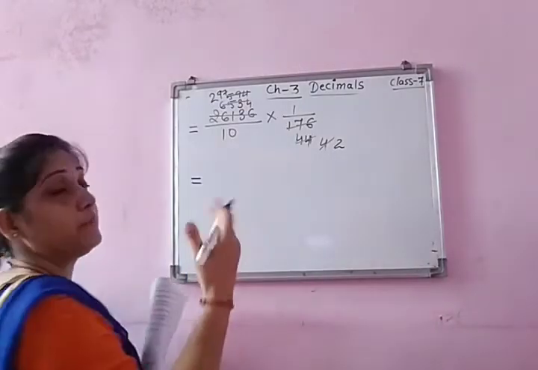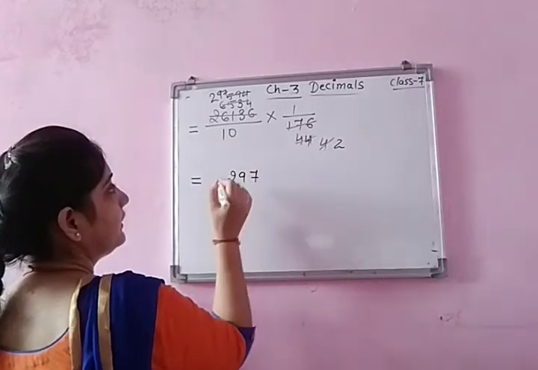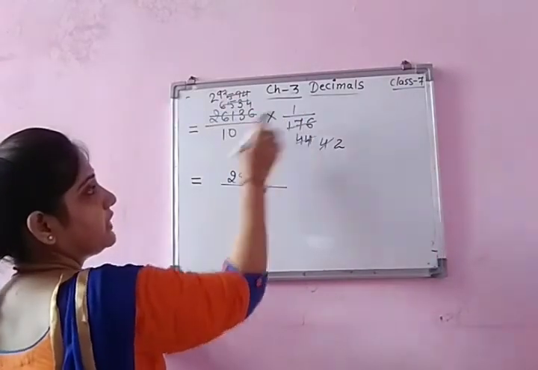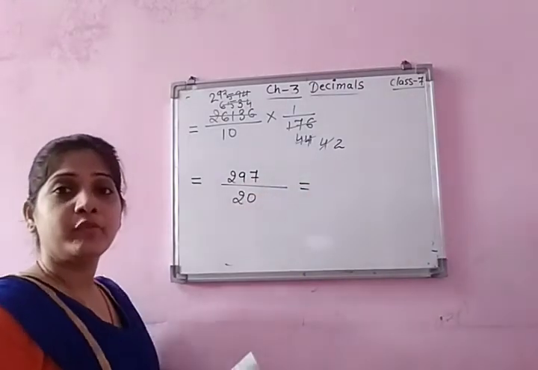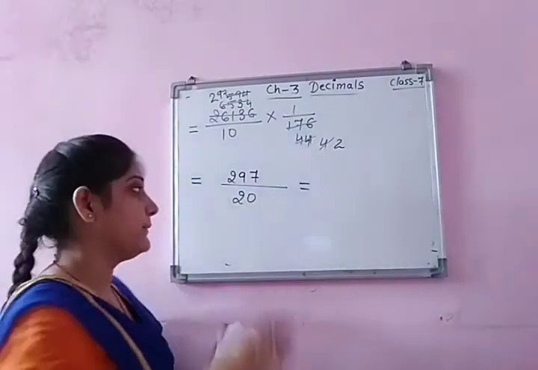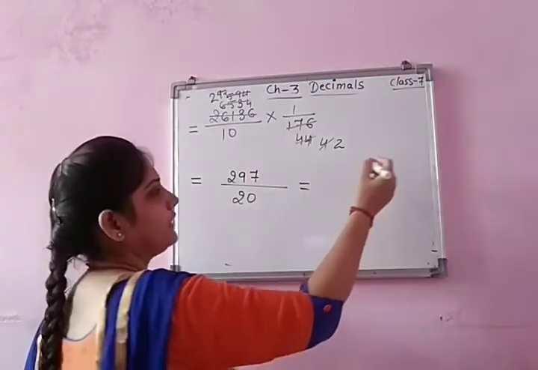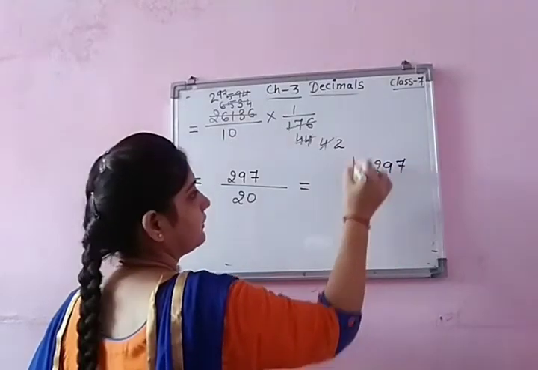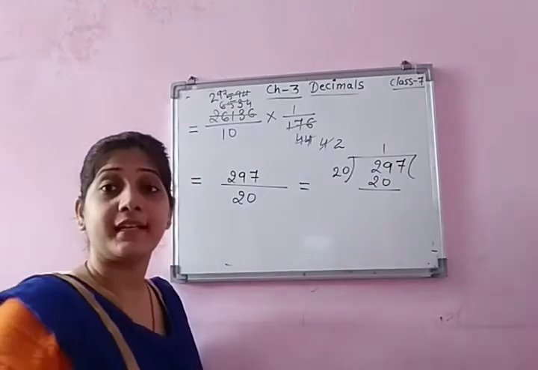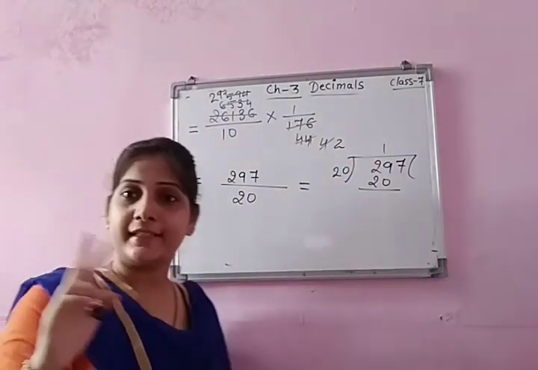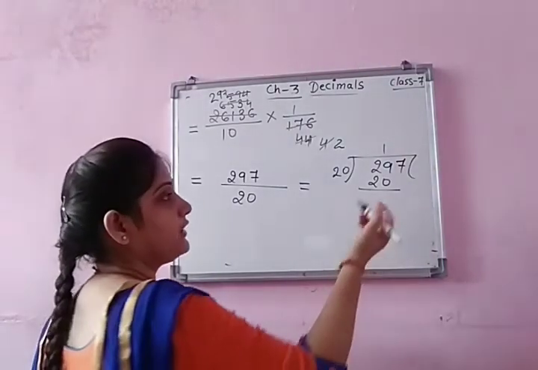And children, maybe you will get your answer in decimal. So what is that? 297. And at the bottom 297 1 is 297 and 10 2s give us 20. Now divide it by 20. And I told you how you can divide. If there is 0, can we put point or directly? Let's do that as rough work. Okay. 21 times gives us 20, because we need to write our answer in decimal. The product is given in decimal. The first number is decimal. So definitely the second one we need to write in decimal.